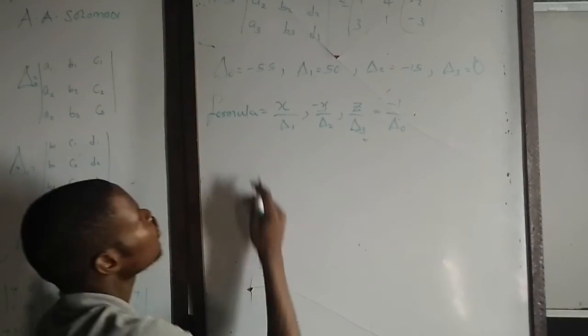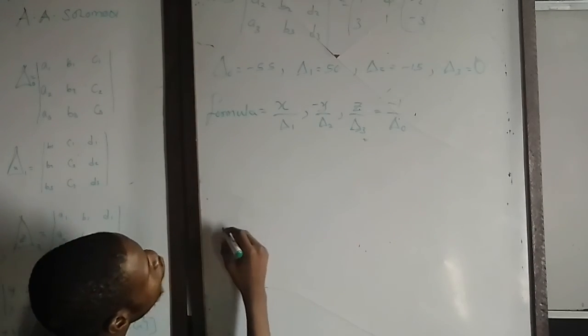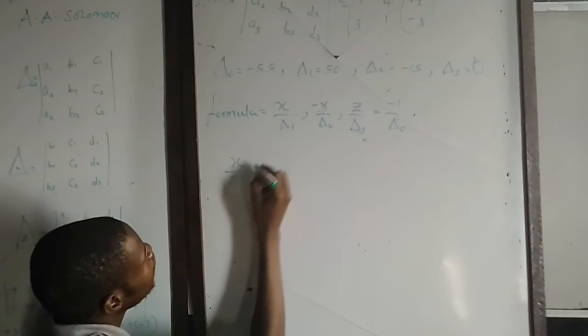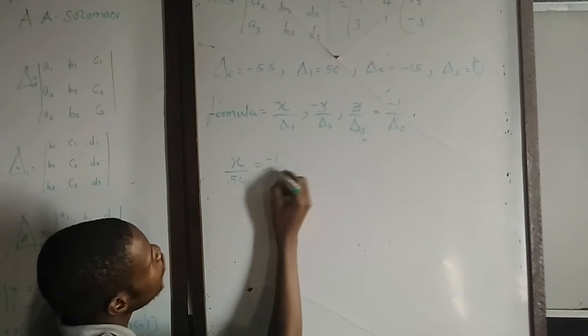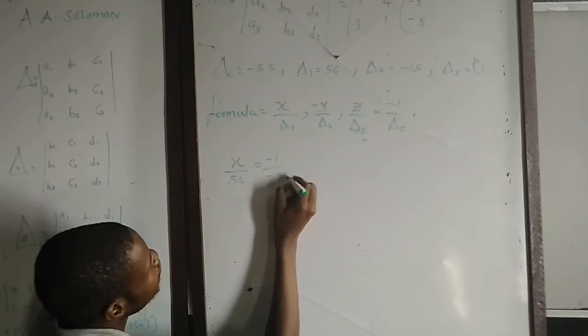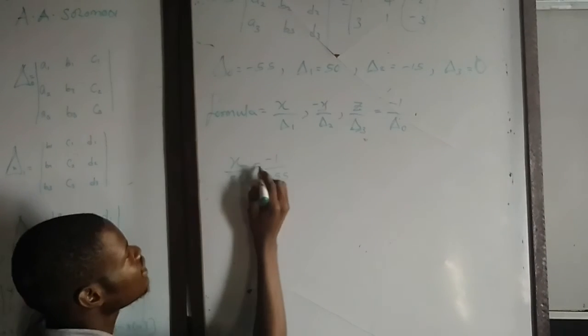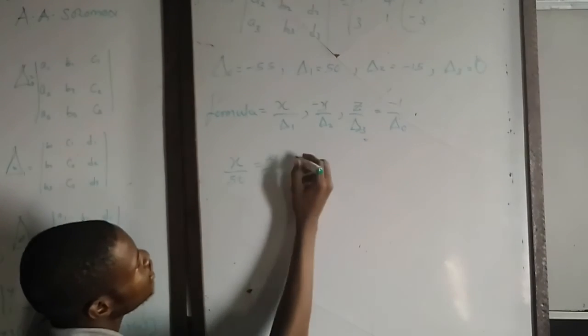So now we want to solve for what? Our d1. Our d1 is what? X. So our d1 is what? 50 equals to minus 1. What is our z? Our d0 is what? Minus 55. Are we correct? So this cancel this. So we are going to have,